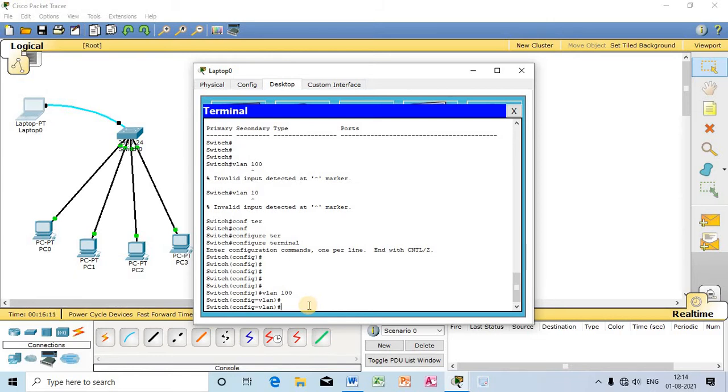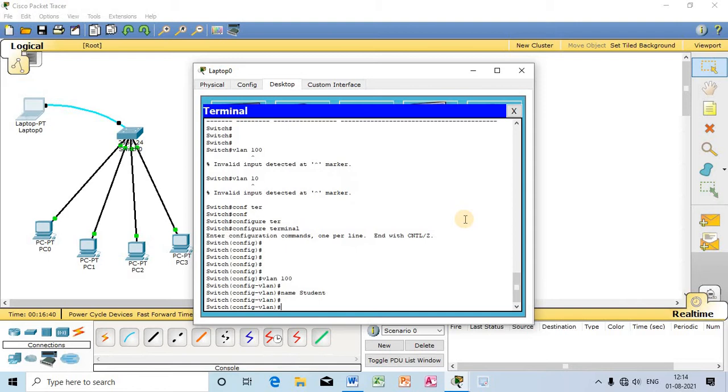I'll give it a name. Let me give the name student. So I have given the name of that particular VLAN, that is student. NAME, name student. To provide a name for a particular VLAN that you have created, the command that will be used is name followed by any specific name. I have given student. You can give your name or some other name as you wish.